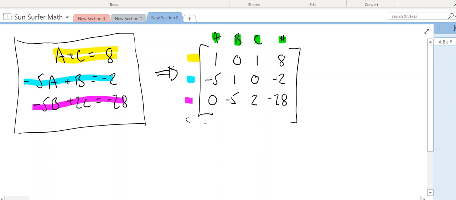In the third equation, the coefficients of A, B, and C are 0, negative 5, and 2. So we have 0, negative 5, and 2. And on the right-hand side of the equal sign, the constant is negative 28. That goes here. So what we want to do now is once we've created that matrix, we can go to